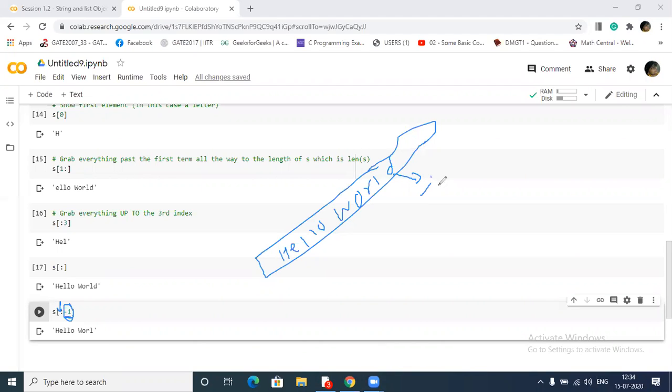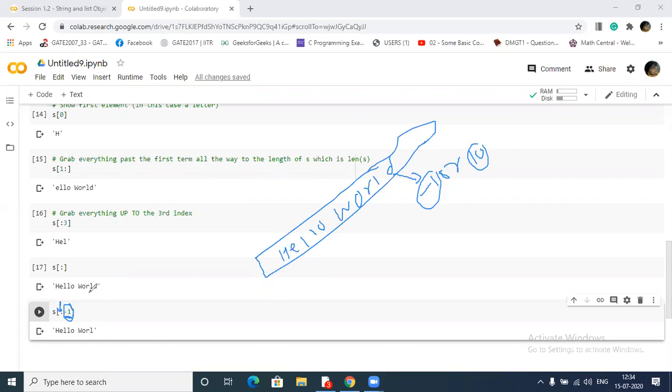Its index can be -1, or if you go from this position, 0 1 2 3 4 5 6 7 8 9 10. You can go either by this index or by this index. Since I have passed -1 here, it will start from the first, meaning 0, and go till.